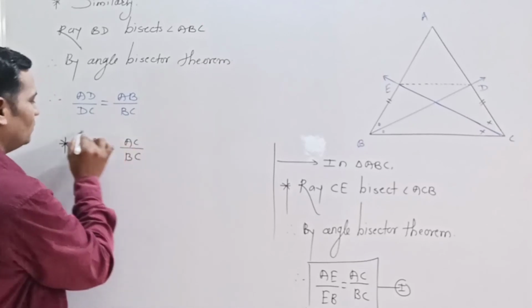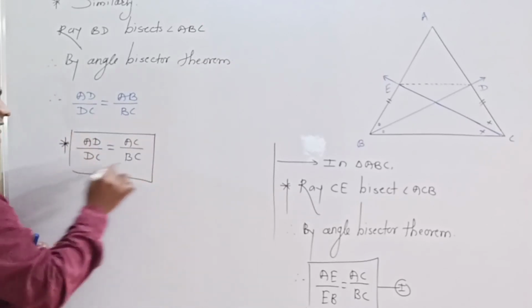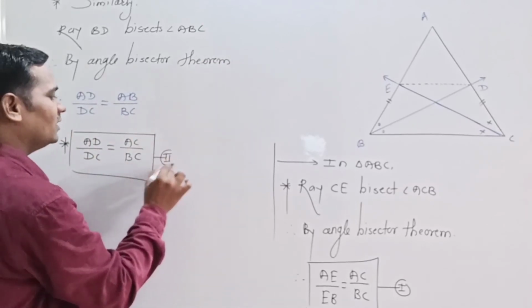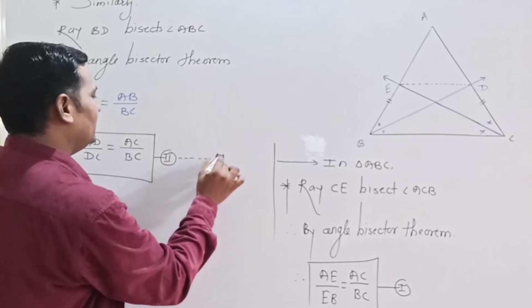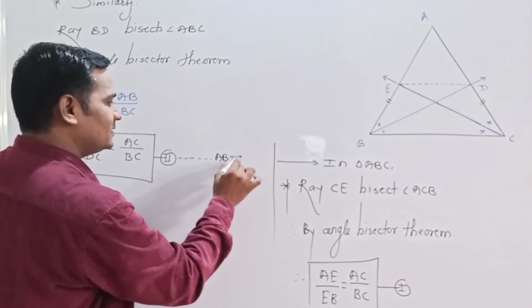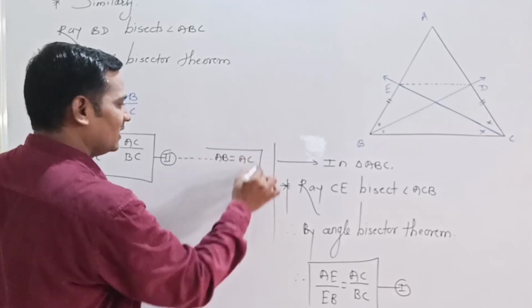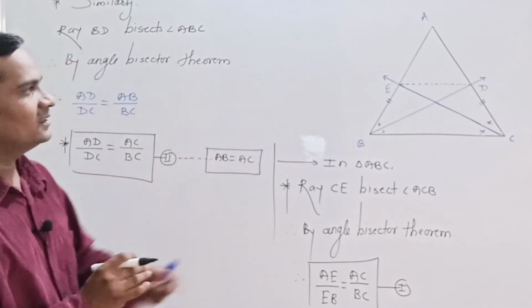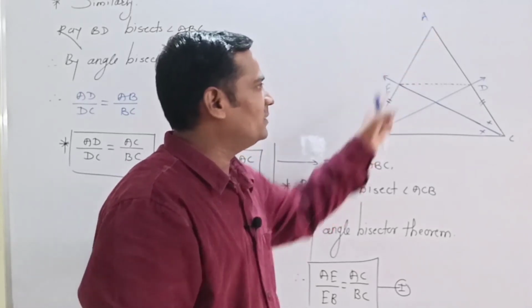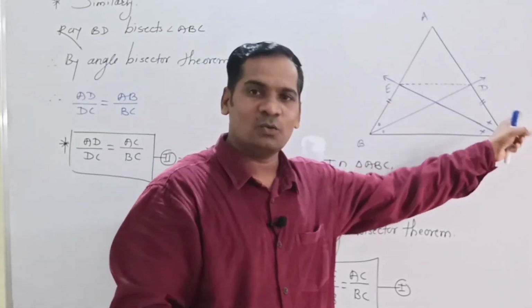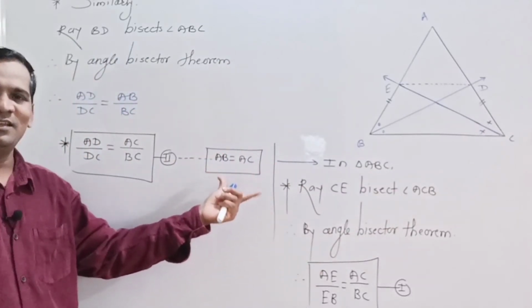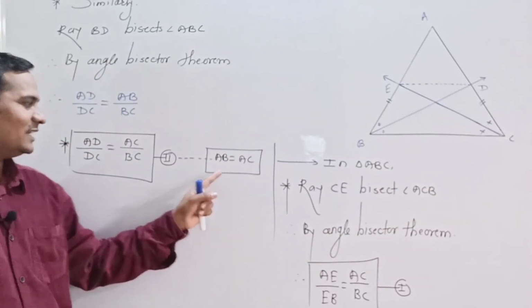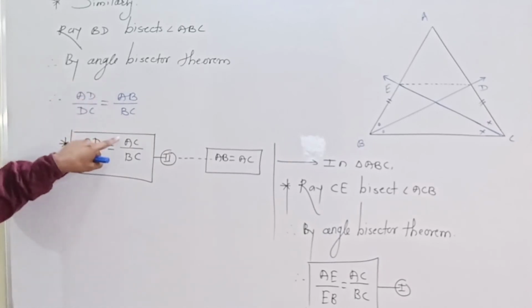Now why is this so? This is equation number second. Okay, and we have to write this one. What is that? That AB is equal to AC. This segment AB is equal to, or congruent to, segment AC. Now this is given in the example. Both are congruent to each other. That means instead of this AB we can write AC.